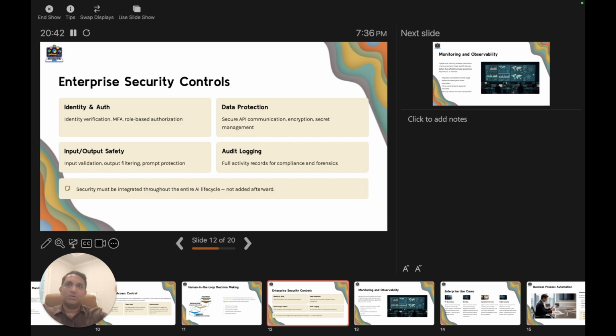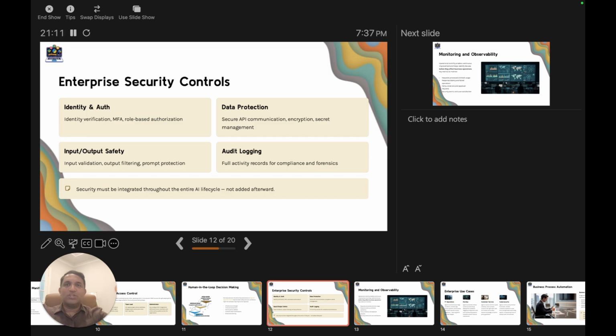Now, coming to data protection: secure API communication, encryption, and proper secret management so credentials aren't leaking through the agent. Input and output safety: validating what goes into the model, filtering what comes out, and protecting against prompt injection, which is one of the signature attacks